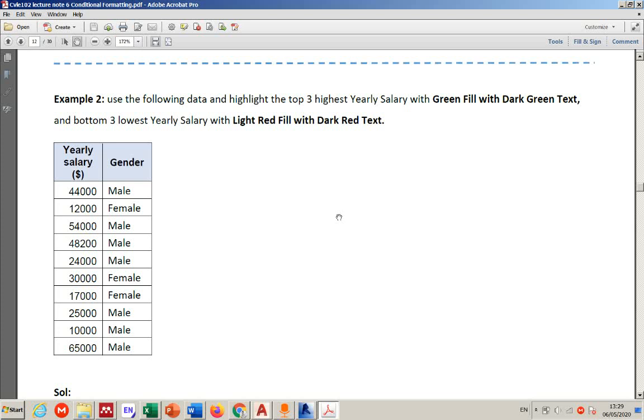We're going to continue with conditional formatting, example 2. This example is very easy, and the objective of it is using top 10 highlights in Excel. Mainly we use this in case you want to know the highest value. It can be used for the top 10, top 5, top 3 values within the